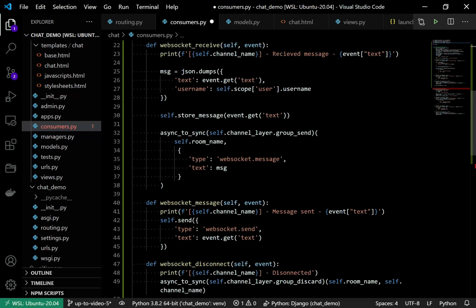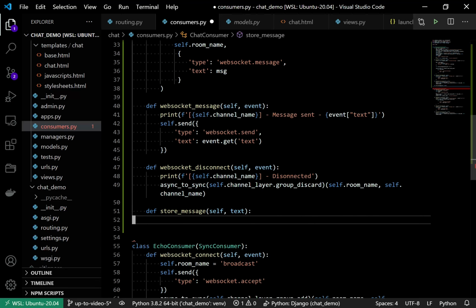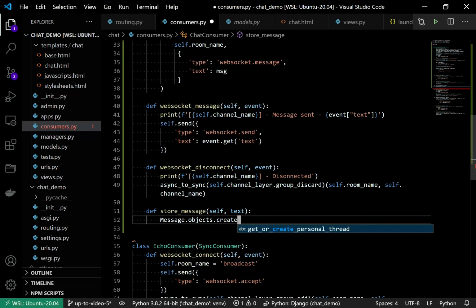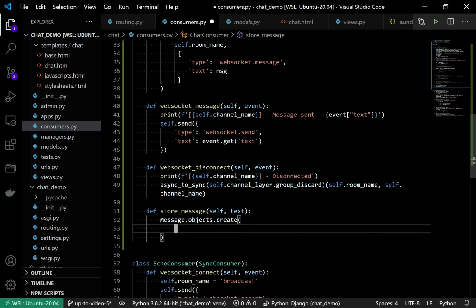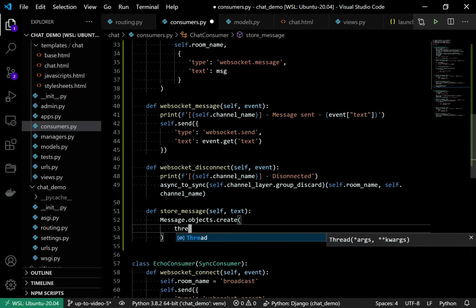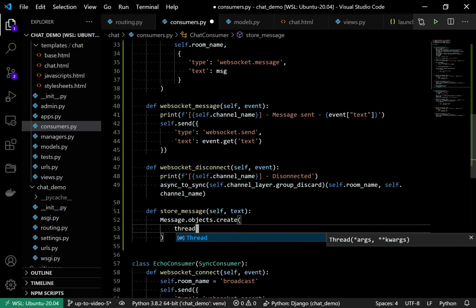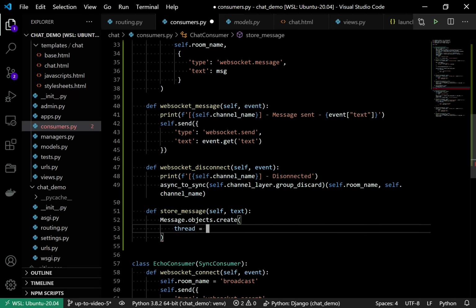So Message.objects.create, and inside that we need to pass three arguments. First, thread is equal to self.thread_object.